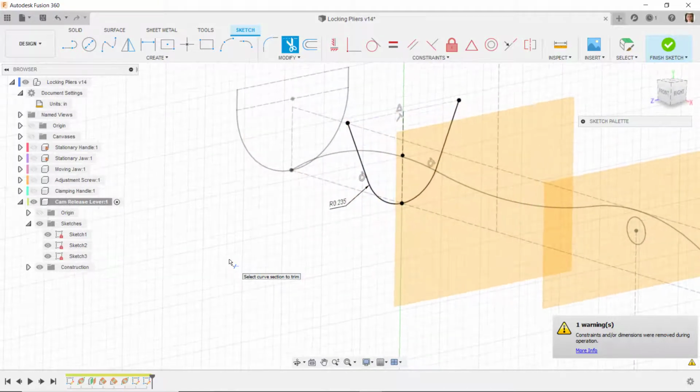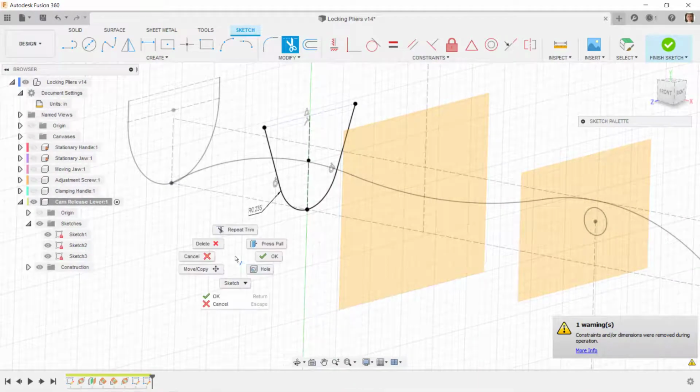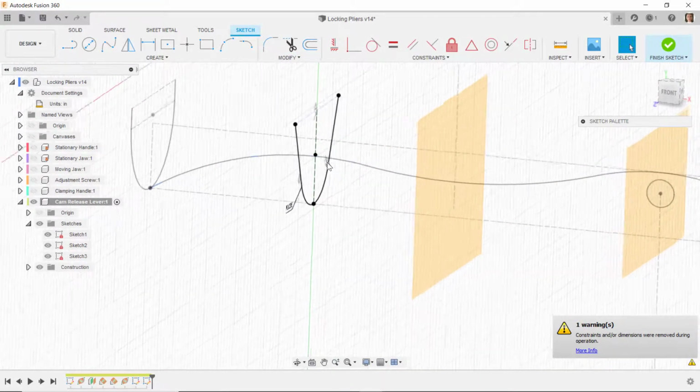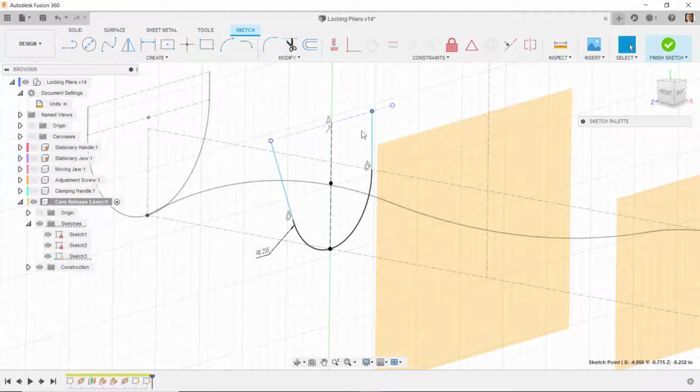Now this looks a little bit different than what I was expecting, so I need to make a decision on exactly how I want this to look. After some consideration, I decided that I don't want this as wide as it is, so I'm going to delete the coincident constraint on this end, and I'll delete the coincident constraint on this end. So I'm going to drag that over about there. I'll drag this over about here,